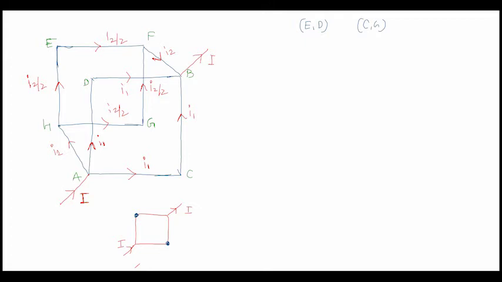So this is the current division which we are talking about. Now the first equation which I can frame is that the total current I is equal to 2I1 plus I2. So this is the first equation which we have. If we apply Kirchhoff's law, that is VA minus VB, and suppose I am following the path ADB, I will write it as I1R plus I1R, that is twice I1R. So this becomes my second equation.